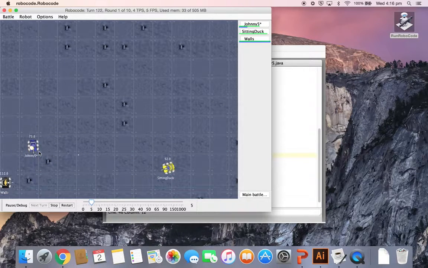So there's Johnny5, and at the moment he is following our code. He's moving ahead 100, scans around looking for robots. He saw one, so he shot at it, and then he moves back 100, scans around, sees a robot, shoots at it, and then moves ahead again. So that's what he's doing at the moment. And as you can see, he's not doing too well at the moment. But yeah, we're at quite a simple stage. So I'm just going to stop that,